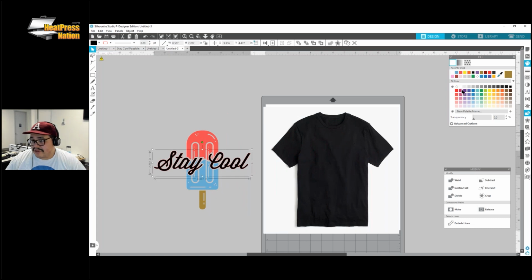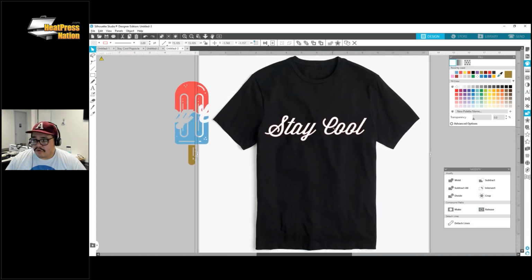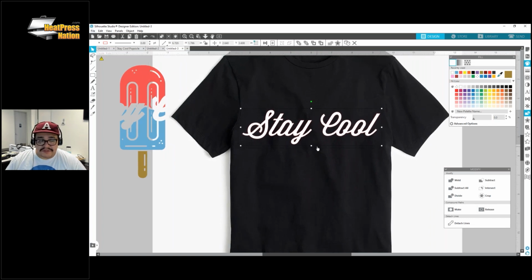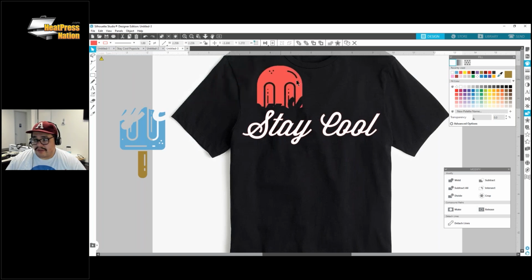I'm going to turn this stay cool back to white. People are going to notice the text the most. So for different designs, it's going to be something different. Sometimes, depending on how many different shapes you have on the knockout method, it'll cause you to layer one layer before the other. In this case, I think the text is probably going to be the part that needs to be centered the most. So let's just say I put my white layer down and centered my stay cool on my t-shirt, and now because I did the knockout method, as long as the knockout is evenly spaced for everything, boom,